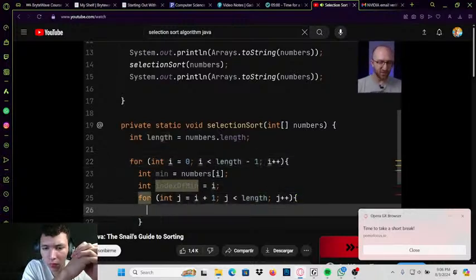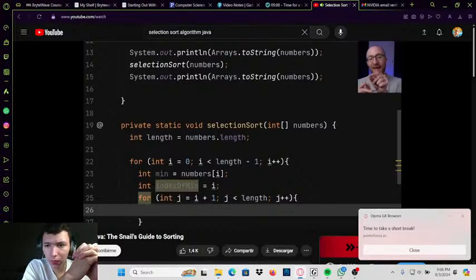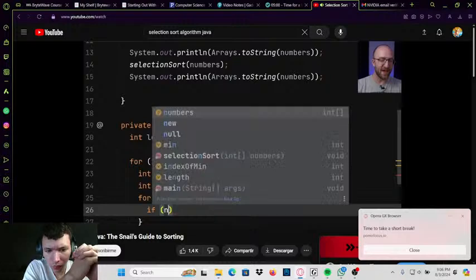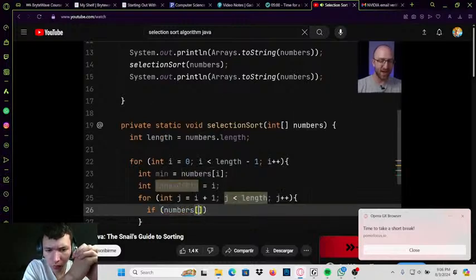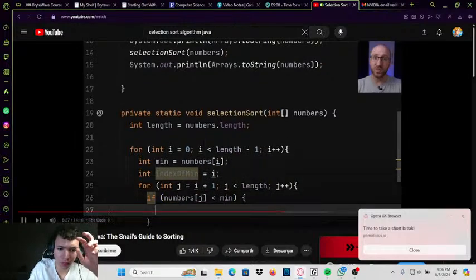Okay, now back to this inner for loop. It'll be looping from one past our current position in the array all the way to the end, trying to find the minimum number. So for each number that we run into, we're going to say if the value of our numbers array at that position, j, is less than our current min, then we have found a new